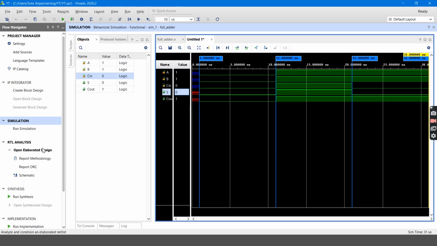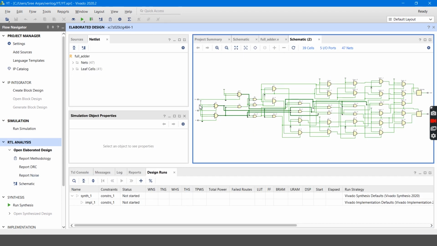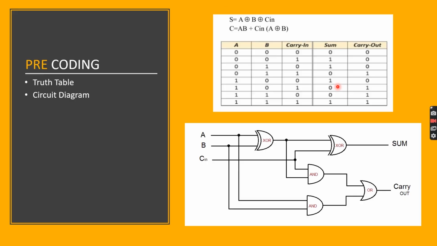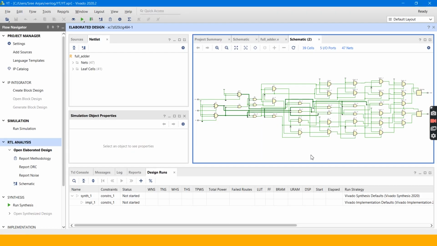So now let's move on to the schematic part. Here in the schematic part, you can see the circuit diagram of the full adder which we designed right now. It is totally different from the circuit diagram which you saw in the pre-coding part, because we designed it in the behavioral modeling style.